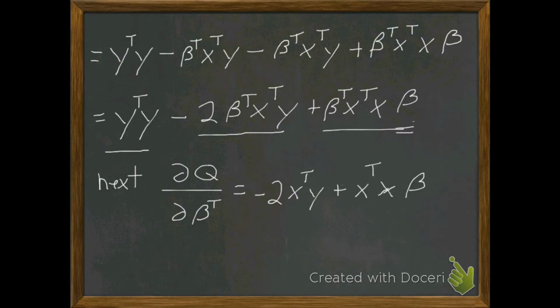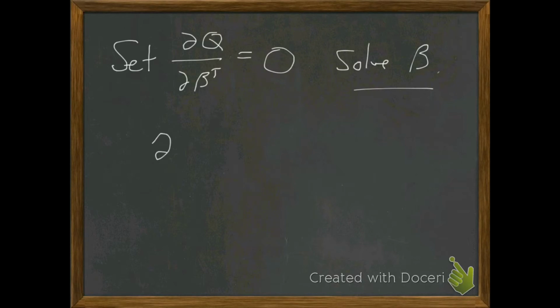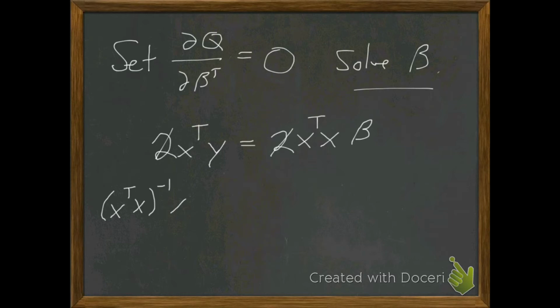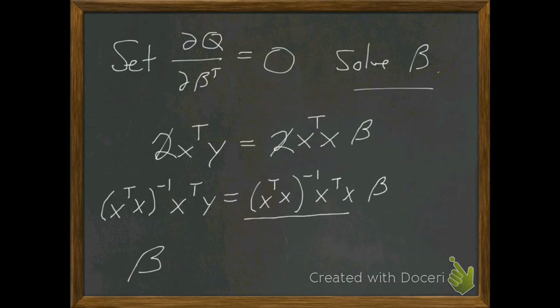So guys, setting it equal to 0, we're going to get X transpose X beta equals X transpose Y. So if we multiply both sides by X transpose X inverse, X transpose X inverse times X transpose X beta, cool things happen right there, which at the end of the day says that our beta can be found by taking